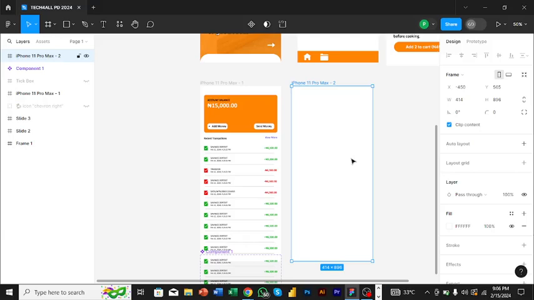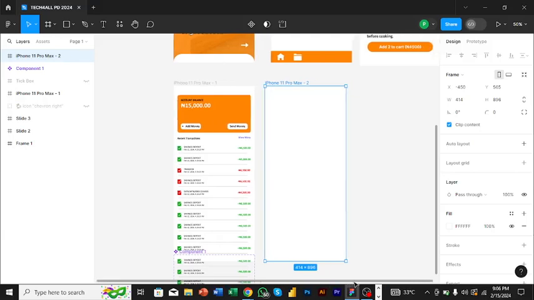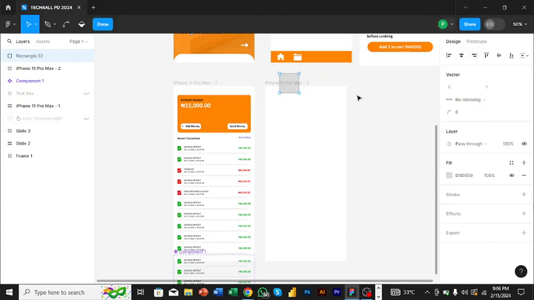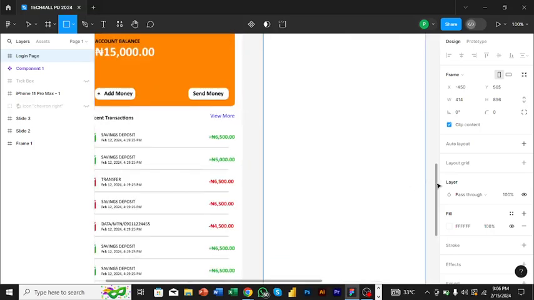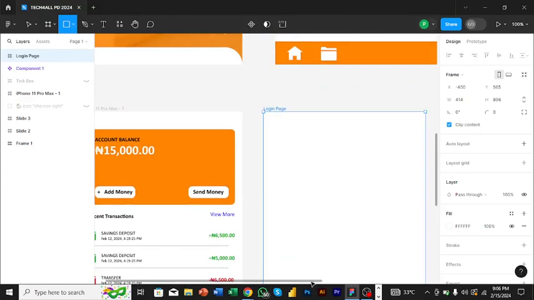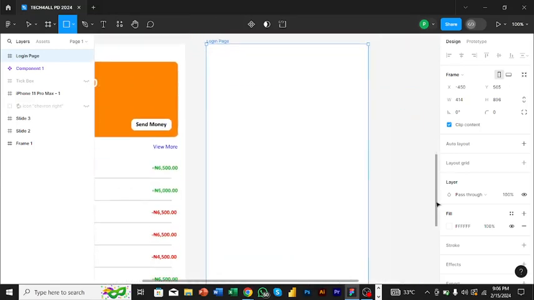So what we want to do here is create a login page for the customer. So the first thing I'm going to do is I'm going to need to create a box. You can rename this as login page. So the first thing I'm going to do is create a rectangle. As always, let me zoom out so we can see it. Create a rectangle, then